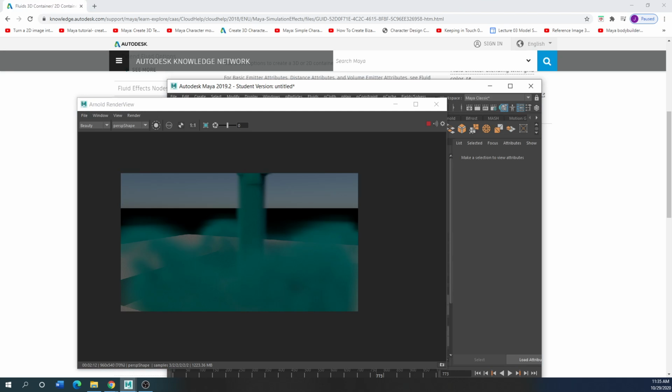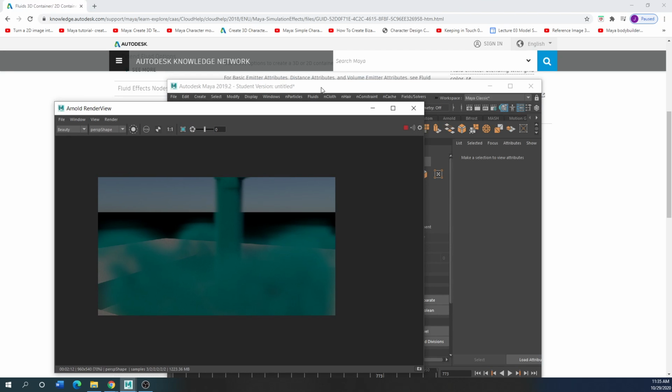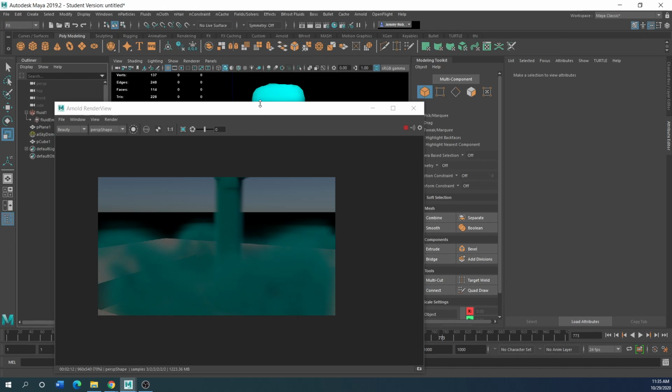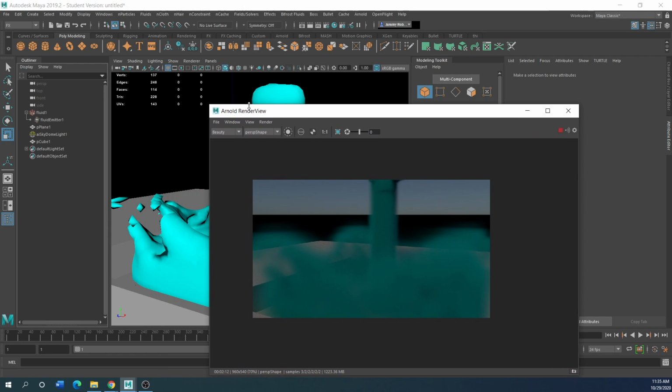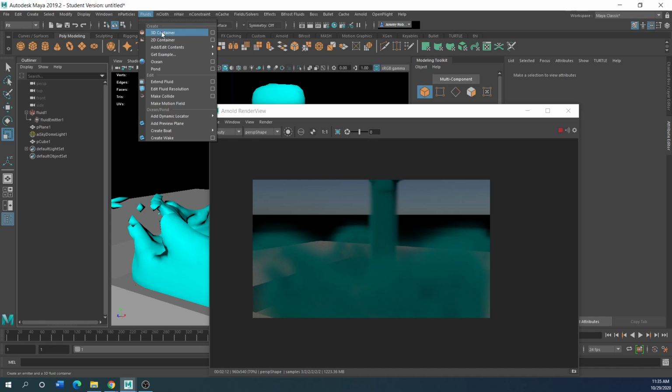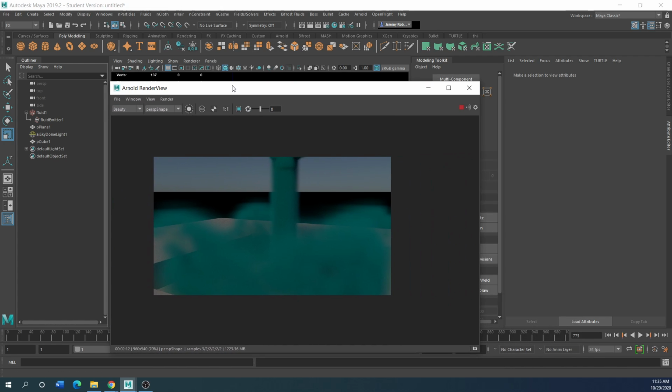a puff cloud. And there's a bunch of ways to do this, like using the Bifrost system up here, Bifrost fluids, which is usually what I end up doing, especially for fluids. But for basically creating fogs, it's in the FX tab. You'll be creating a 3D container and then creating an emitter. I like the AI fog